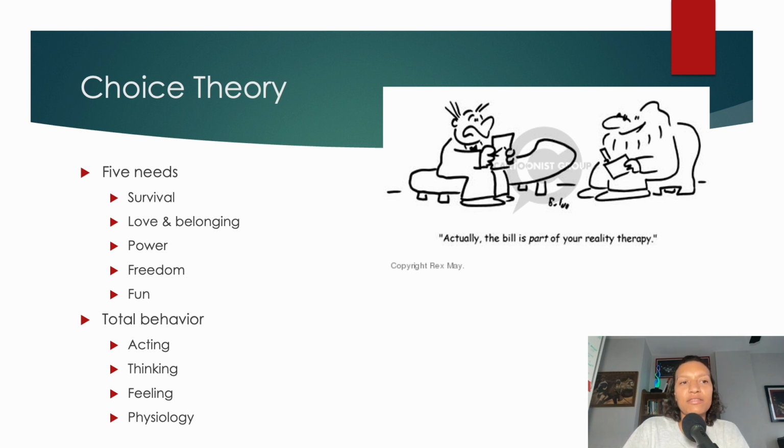And so helping clients develop relationships and improving that communication is definitely something I have experienced in working with clients